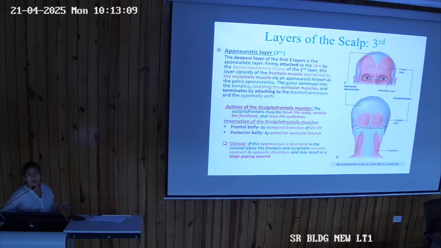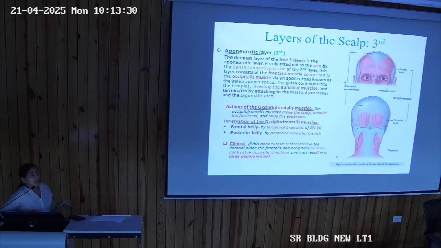There are lot of nerves in the head and neck. You have to read them. You have to learn them. After that, the neuroanatomy will start. So it is all related to the nerves. So you have to remember them very nicely. Posterior belly of the occipitofrontalis muscle is supplied by the posterior auricular branch.